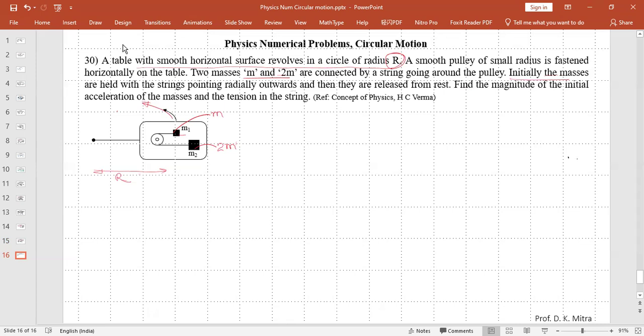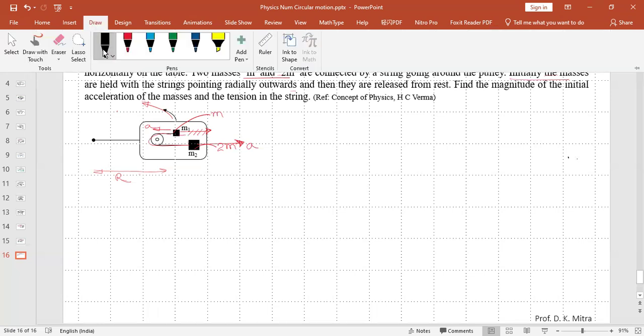When it starts revolving, both these masses, due to their centrifugal force, will try to move. But this one has a greater mass, so this will move in this direction, and this one has a smaller mass, so this will move in this direction. And since they are tied by the same string, obviously the acceleration of both of them will be the same. Hence onward, this problem looks like a kinematics chapter problem. So if we do the free body diagram